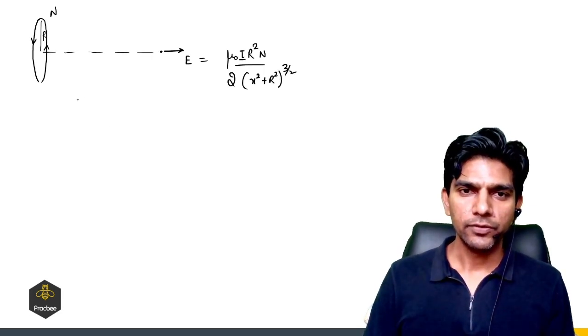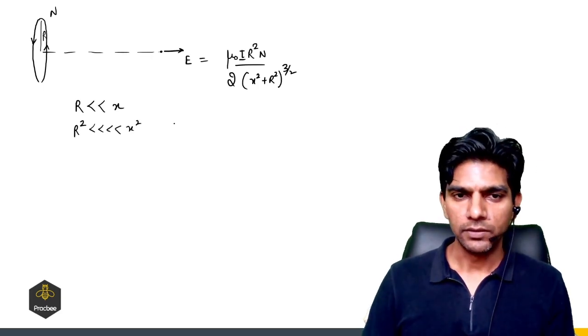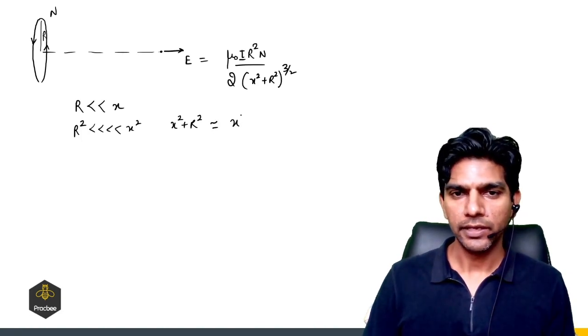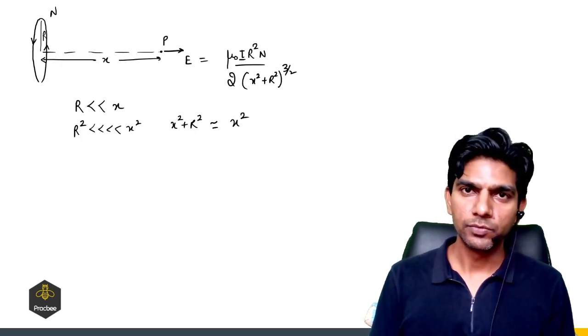Now if r is very small in comparison to x, then we can say r square will be even smaller than x square. Then x square plus r square can be written as x square, where x is the distance of this point P from the center of the coil,